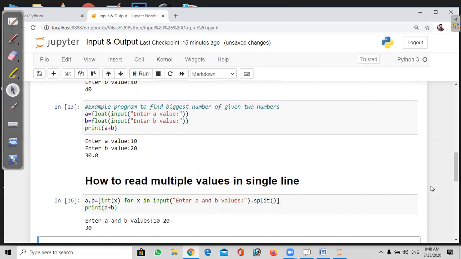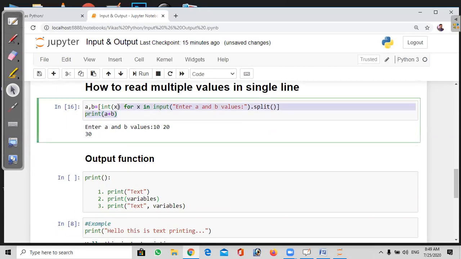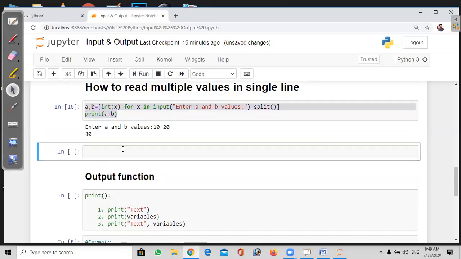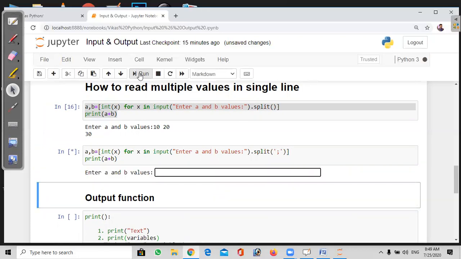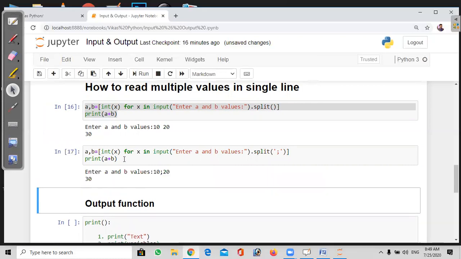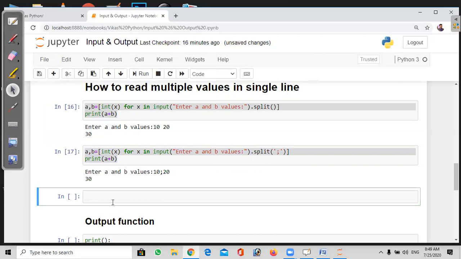One more thing, we can separate these two values. Here I separate these two values with a space. If I want to separate those two values with a required symbol, we can do that with split. Inside the split function, within single quotes or double quotes, we can keep a semicolon. For example, while entering the values, 10 semicolon 20, then 30 is the result. Or else instead of semicolon, we can keep any other symbol, like 10 plus 20.